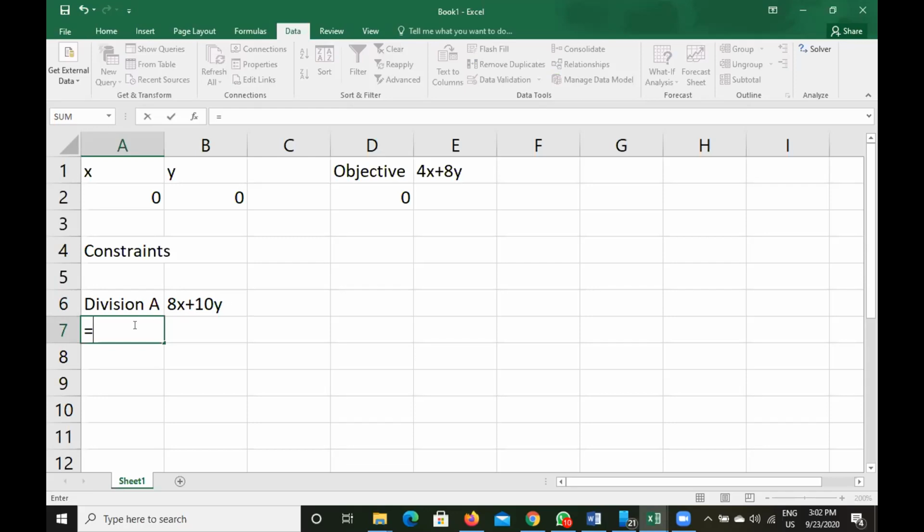So 8x means 8 multiplied by the value of x, which is here. We will click on this cell like before. Then 10y, 10 multiplied by the cell that contains the value of y. That means this cell. So click on this cell, and you will get this.